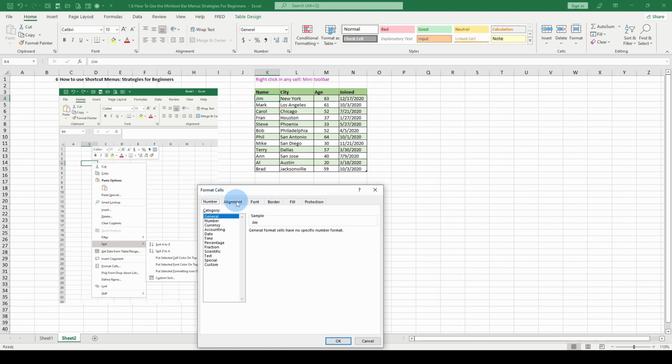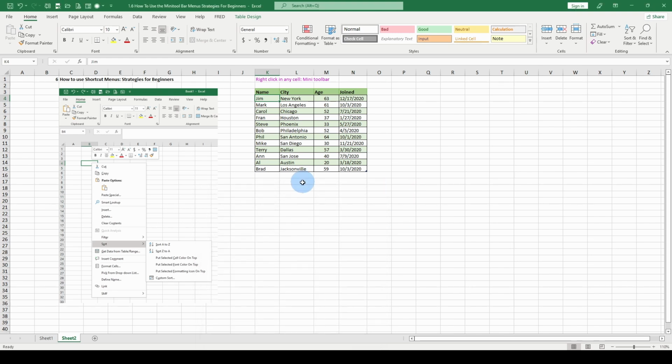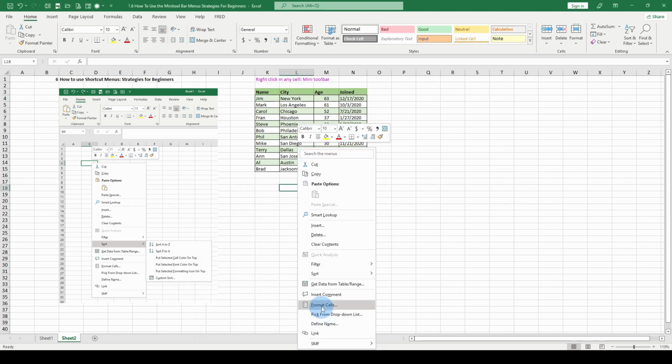You see we have number, alignment, font, border, fill, etc. That's all across here. We have number. We have alignment. We have font. You see, the mini toolbar will allow us a little bit of flexibility using the tools within the mini toolbar. Clear this, cancel, right click, define names, insert